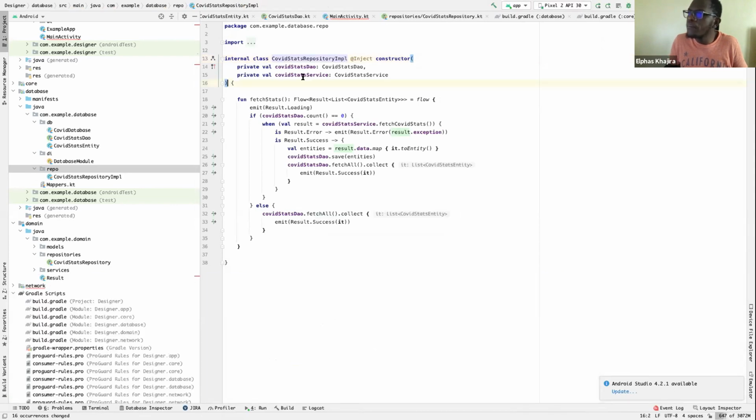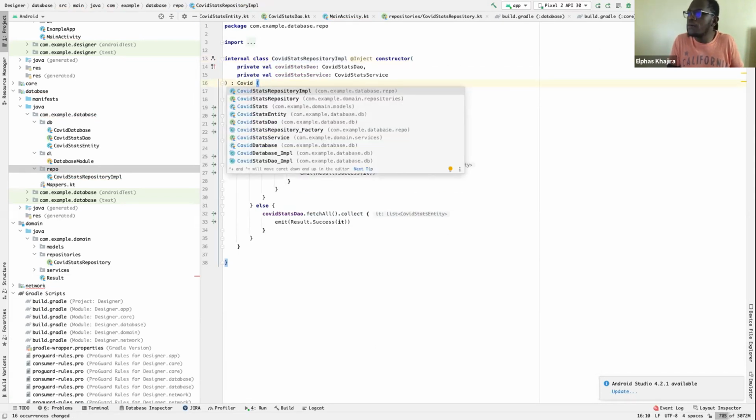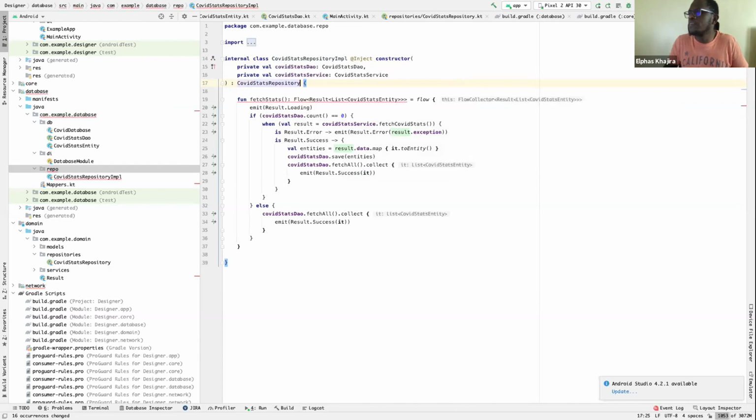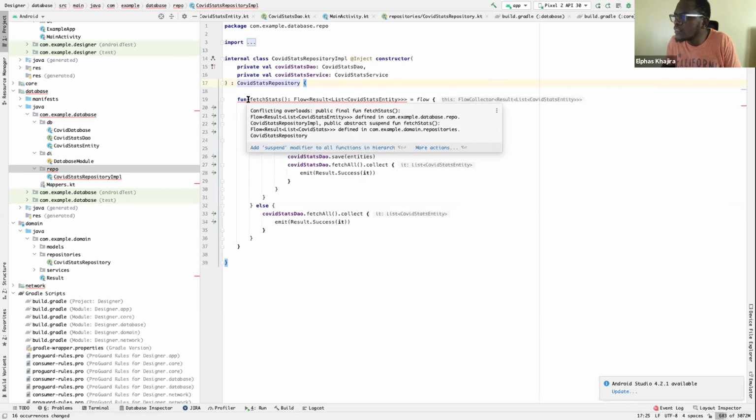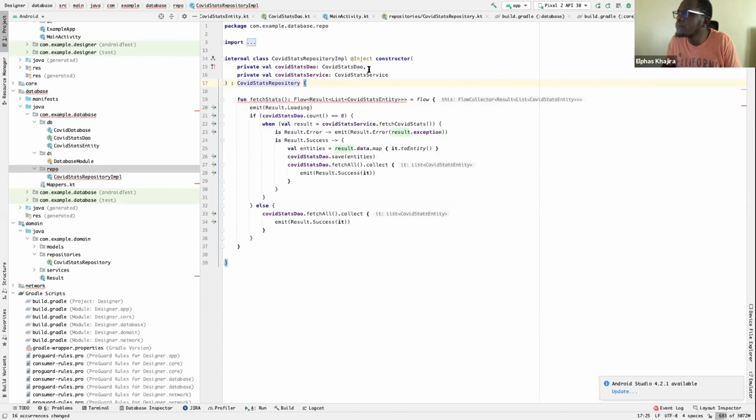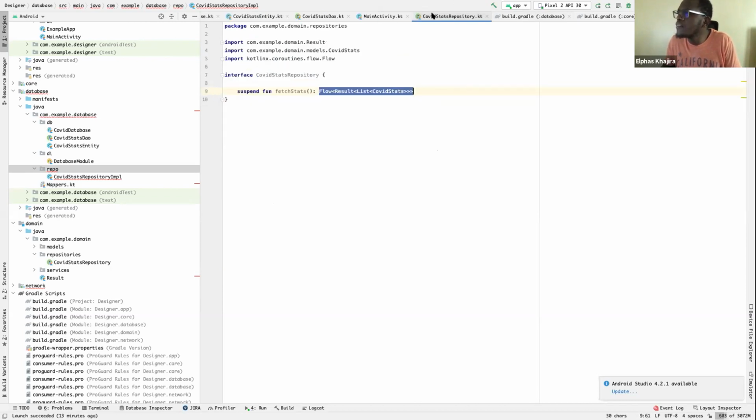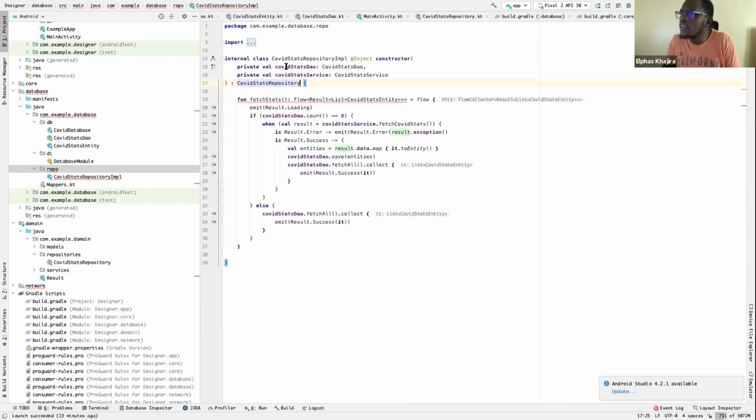And then here, what I'll do is I'll have it implement COVID repository. And of course, we have an issue. What's the issue? Let's see. So this guy says, I return a flow. It's a suspend.